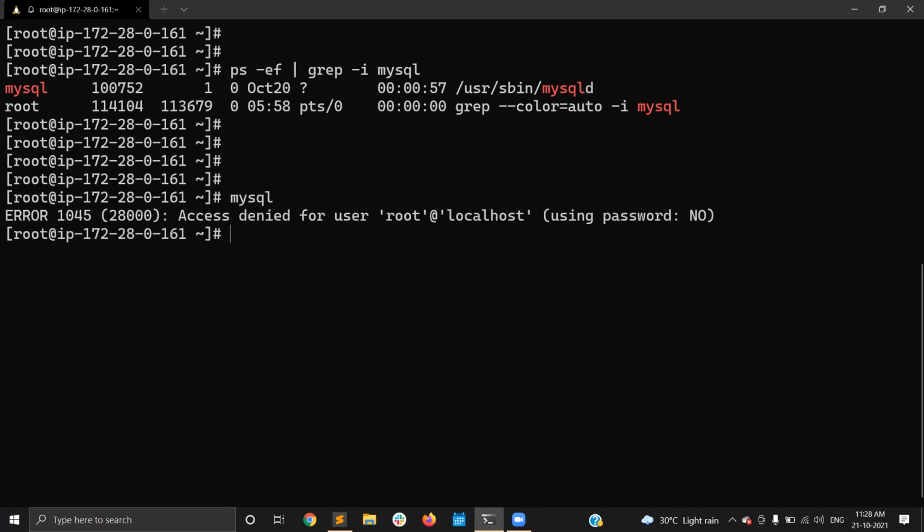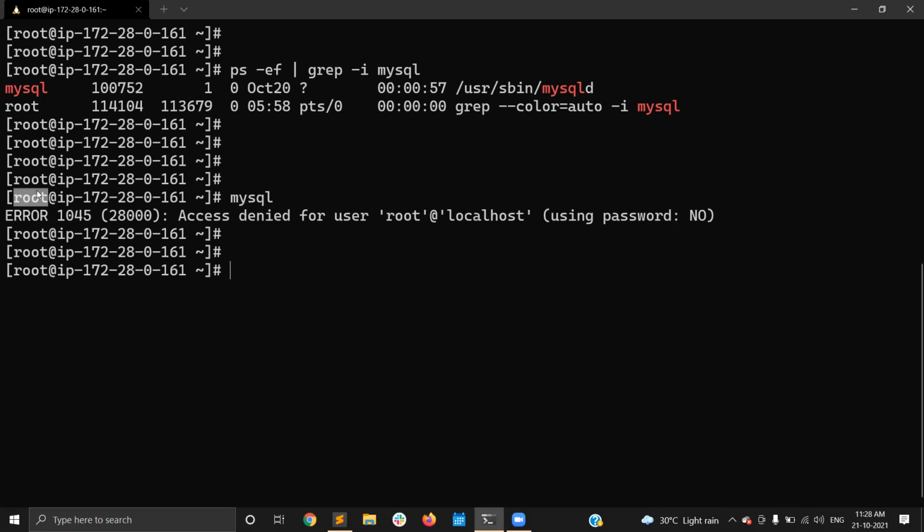Now let me type mysql and press enter. It gives access granted for the user at localhost. The host is localhost, and the user is root. But I only gave mysql; I did not mention the user root or the host localhost. By default, the MySQL client will get the username from the Linux user.